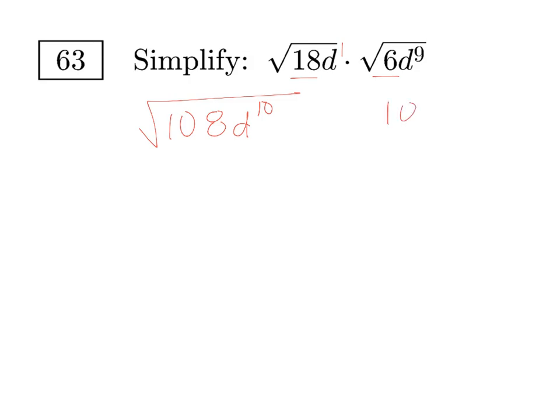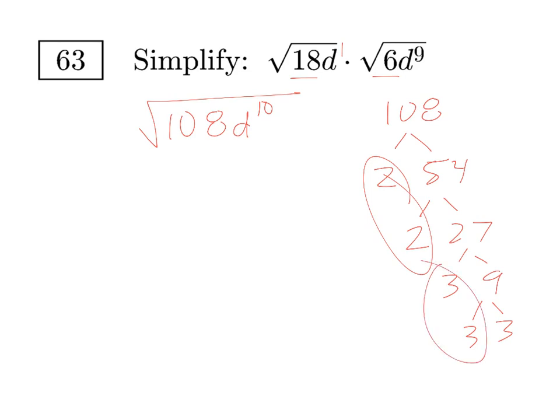Well, let's break down 108. It's going to come from this: 2 times 54, 2 times 27, 3 times 9, and 3 times 3. So I have a 2, and I have a 3. Pull out the 2, pull out the 3. I'm left with a 3 inside of the radical. And now I have